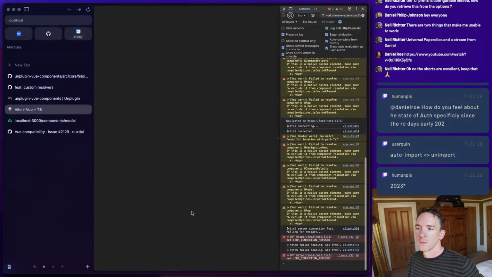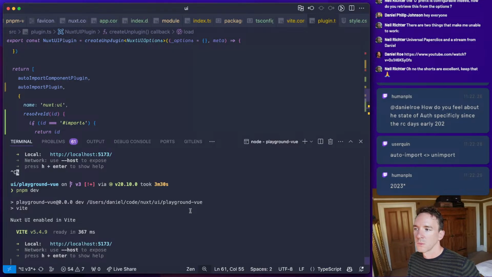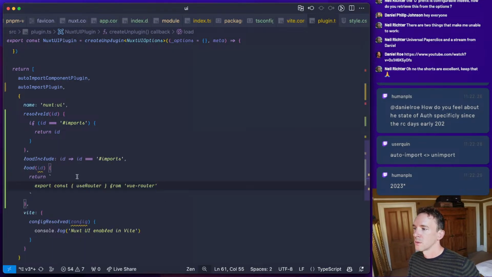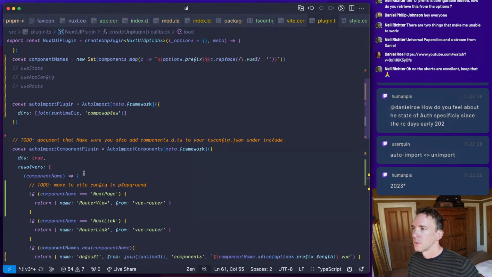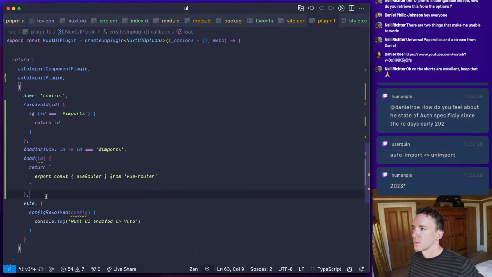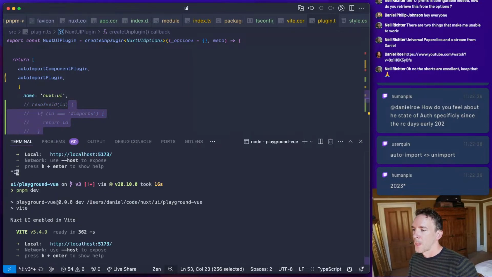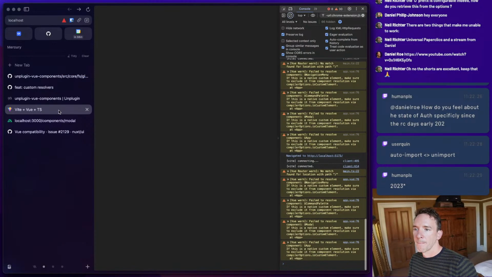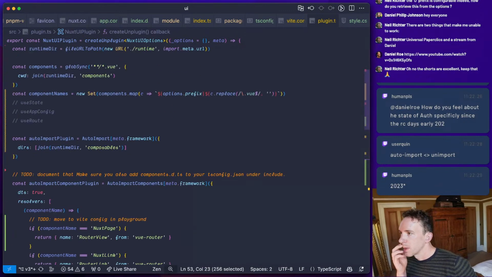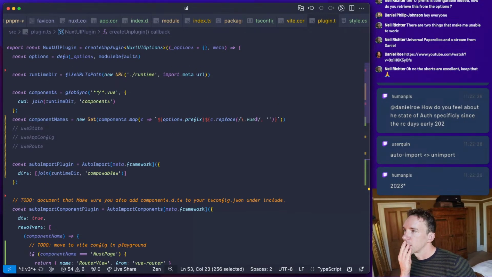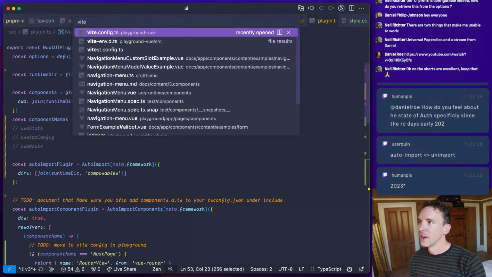What's going on? Why is it not resolving U app? Is this because of this? No. So I've done something else that's not good. What have I done? Why is this not working?